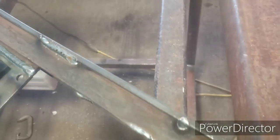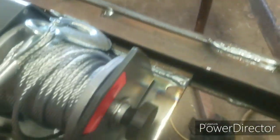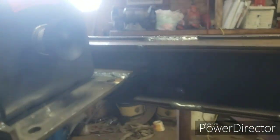That's also pre-drilled. Actually, we drilled that first, brought that over here, copied that onto this homemade channel iron, and now I got my winch mounted, got it all welded onto the channel. So this is going to hang upside down. Let me see if I can get this here. Something like, let's go this way. Hold on a minute here. Like this. Okay,